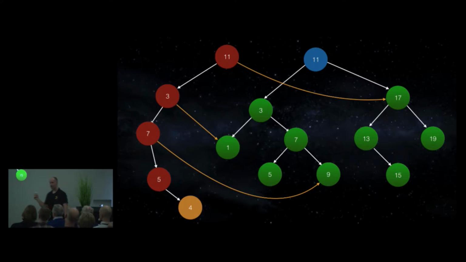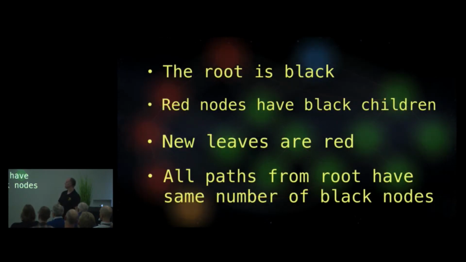But this was a simple binary tree, and they can tend to get very unbalanced. Imagine loading up with already sorted data. You'd end up with effectively like a linked list down one side or the other. So we need some strategy for rebalancing the trees. That's why I say with standard set, it's got to be some sort of balanced binary tree. And there are different strategies for doing that. The most popular one is the red-black tree, at least in the standard library implementations. I'm not going to go into too much detail on this because that's not the subject of this talk. But these are the rules if you're interested.